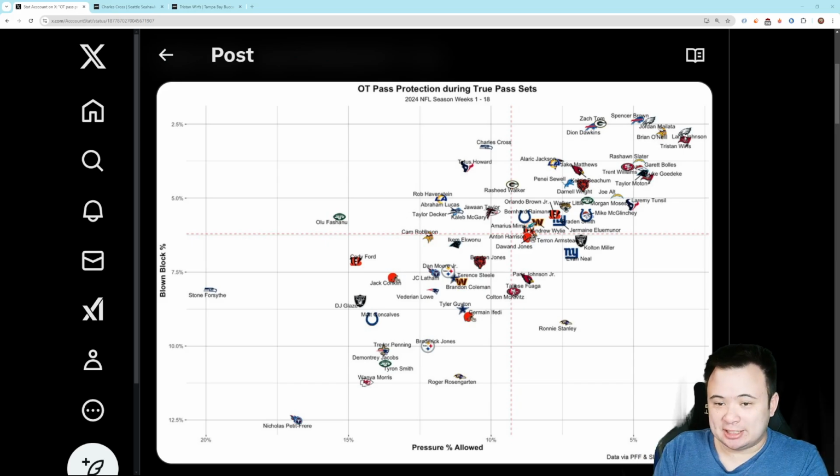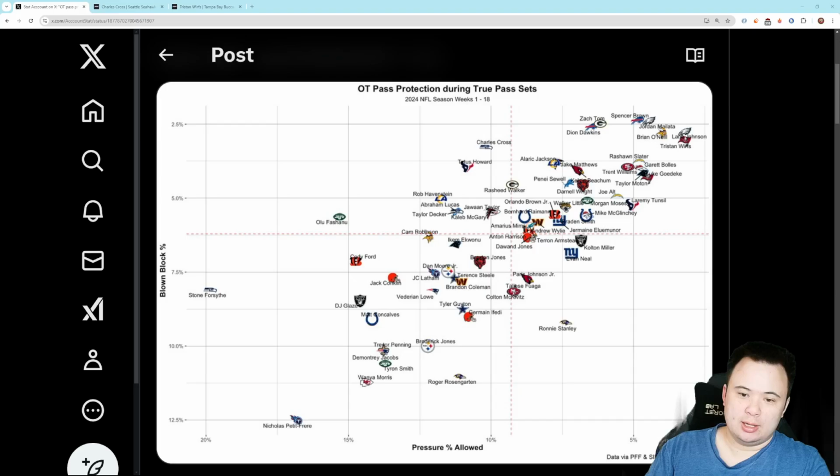Like, think about a screen pass where you have a player that's not even trying to block the player in front of them because they're trying to get upfield so they can block for the screen. So it kind of removes those plays from the pool, and it only looks at the other passing plays. That's what a true pass set is. So it's a better way and a more stable way to evaluate pressure rate and blown block rate, etc. Because sometimes something will look like a pressure when it was by design, and you don't want to punish a